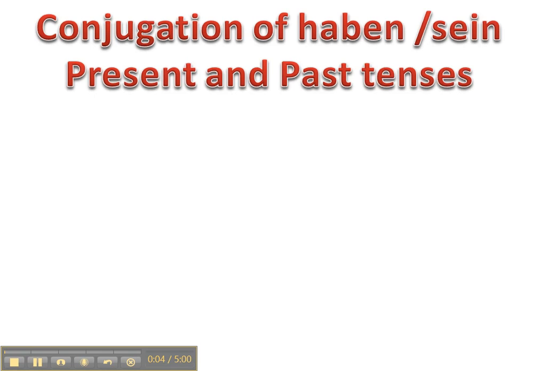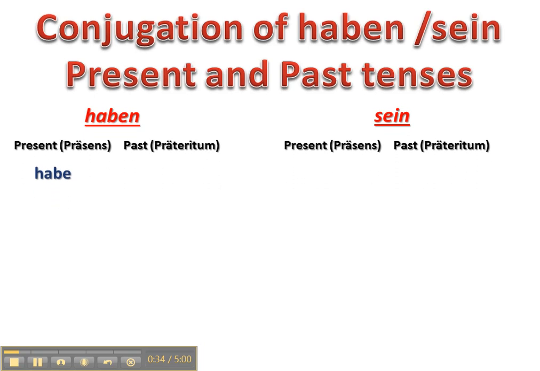Heute wir werden ein bisschen über das Perfekt sprechen, the perfect tense in German. But before we do that, I wanted to review with you the past and present tense of haben und the verb sein. When you form the perfect tense, you're going to use a helping verb, or sometimes referred to as the auxiliary verb, and this will be either a form of haben or a form of sein, so it ties in with the topic. Okay, so let's start with haben, and we'll start with the present.